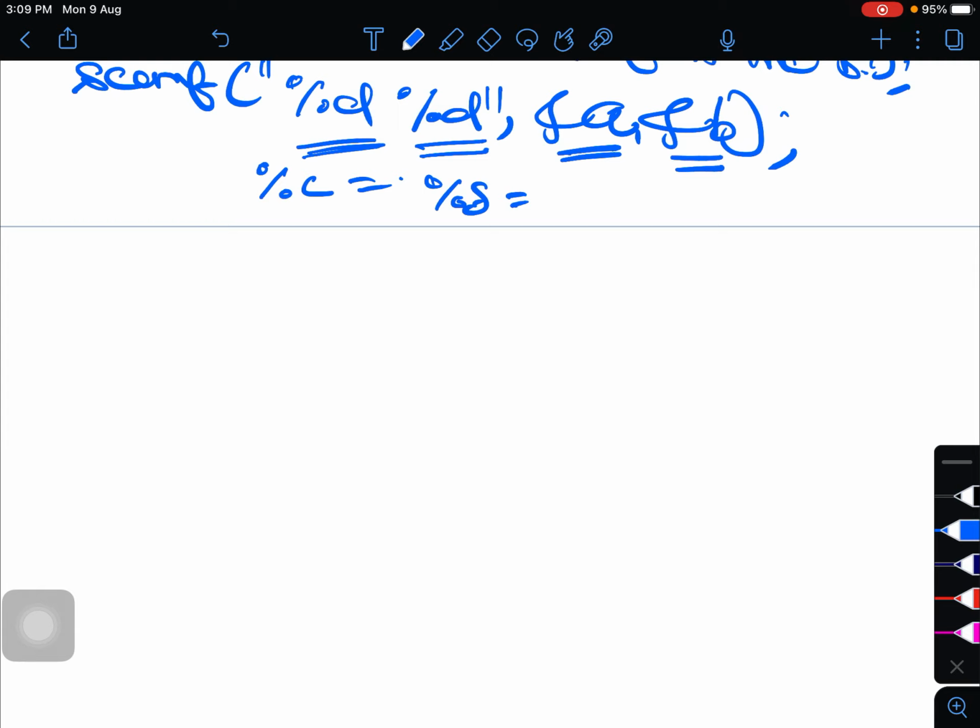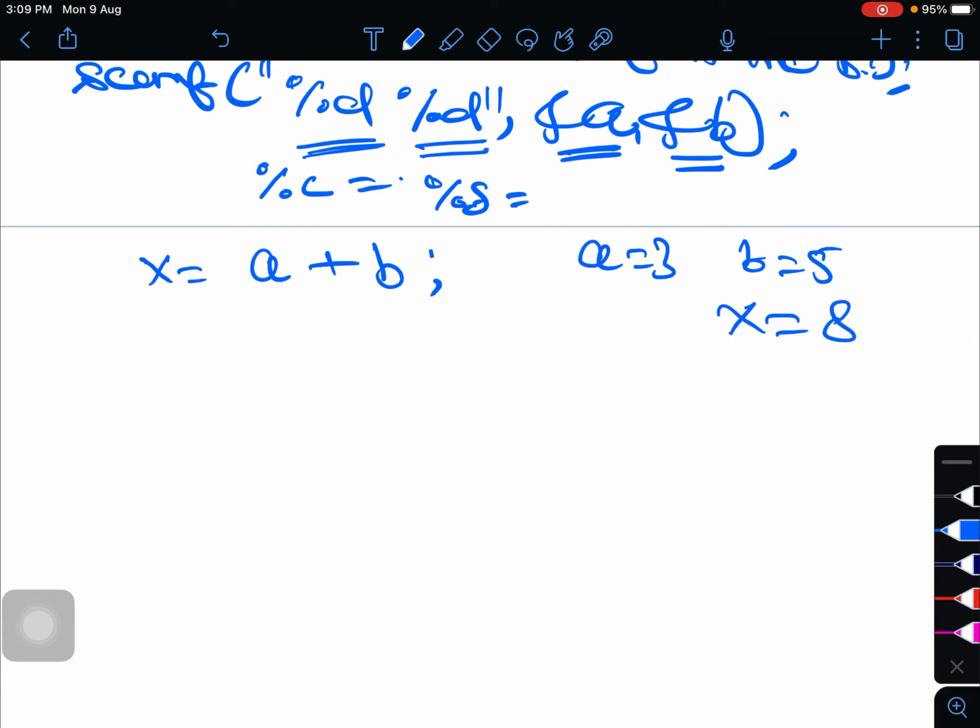Now we will perform the sum. Then x is equal to a plus b. Here we have found the sum of a and b. Suppose the value of a is 3, the value of b is 5, then x is equal to 8.